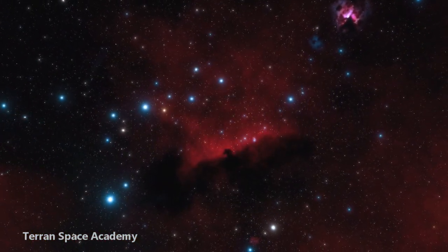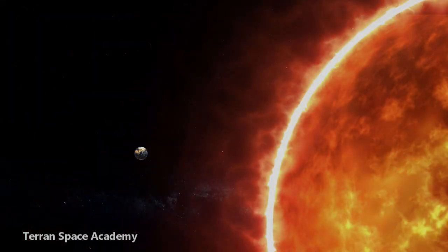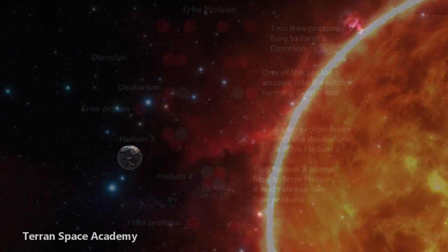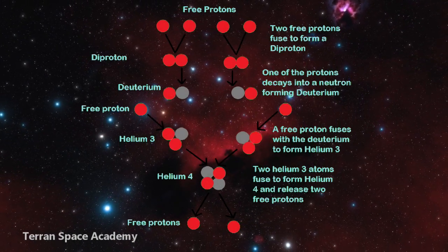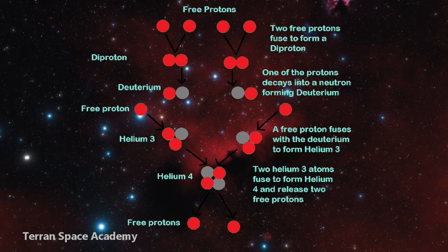Fusion energy has been the dream of humanity since we figured out that our sun was not a giant ball of gasoline around the turn of the 20th century. We described how protons fuse to diprotons, with one of the protons sometimes decaying into a neutron, creating deuterium. The deuterium will fuse with another proton, making helium-3, which combines with another helium-3 to produce helium-4 and eject 2